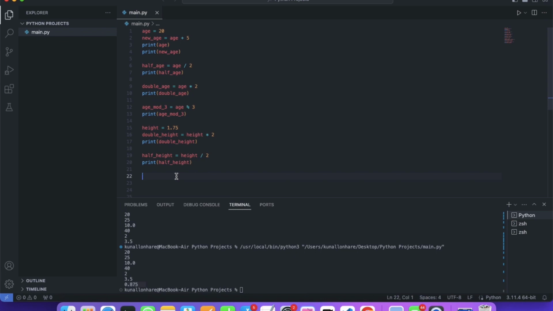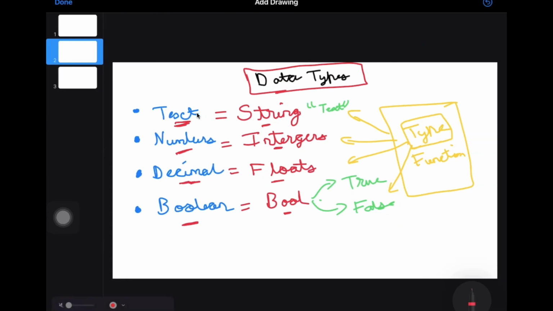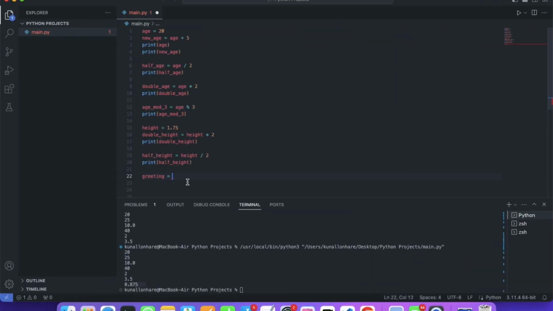You can also add some text as well. For example, let me say greeting equals to hello. Okay, so I want to add text. I have told you text is string, always use in quotes. So I will write here hello